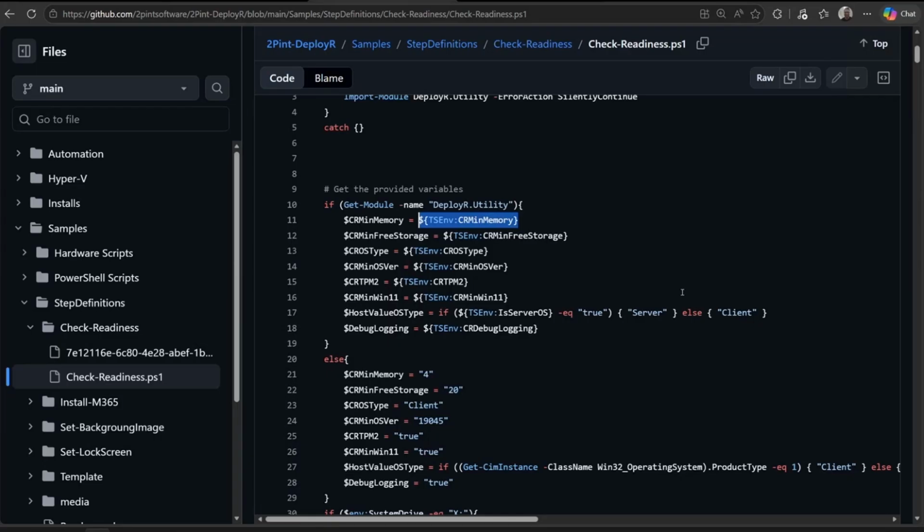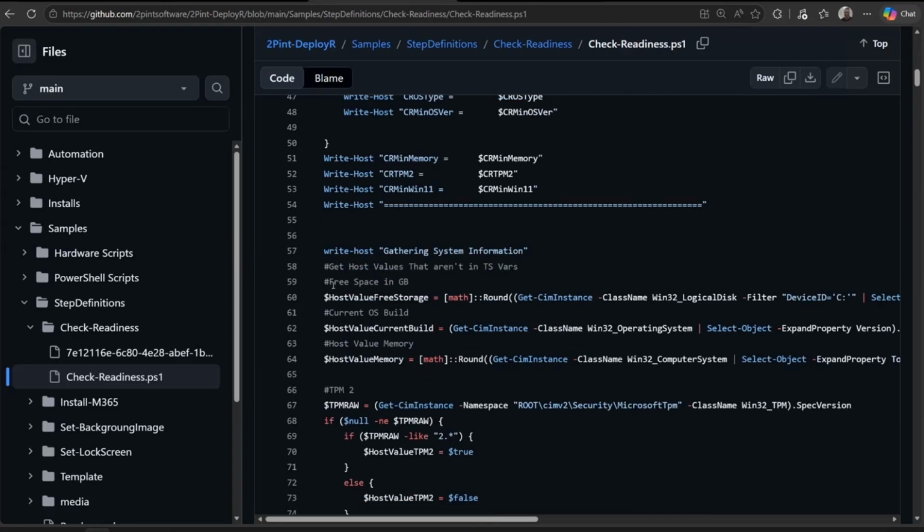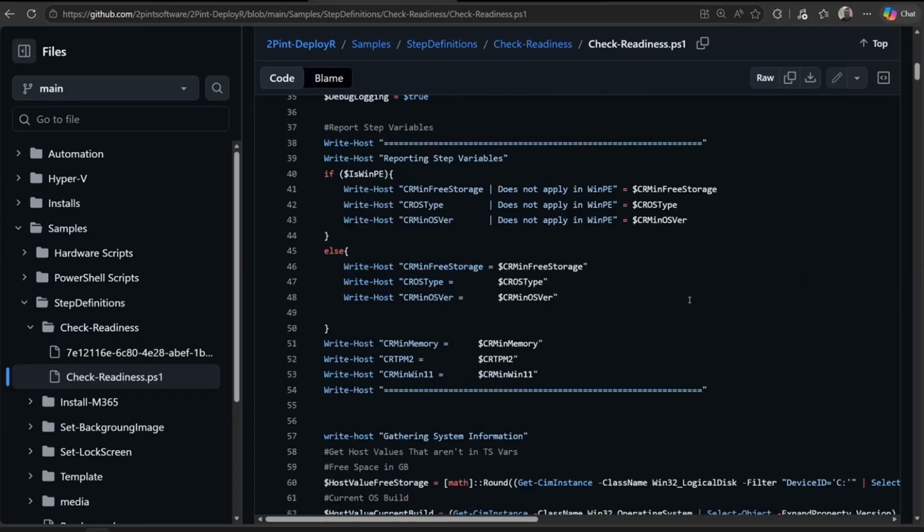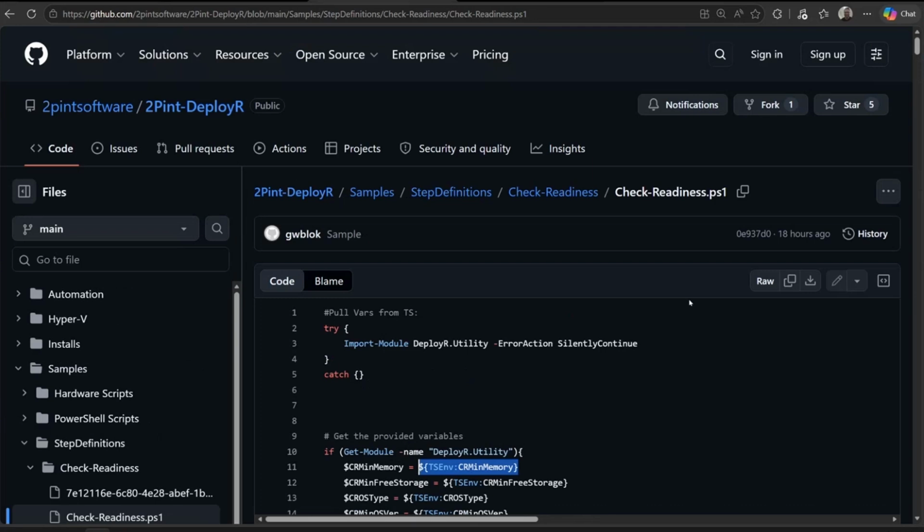It's going to grab your minimum memory. All right, so here we have where it's grabbing your memory, your host memory, and then it's going to do some math a little bit further down, and then go ahead and check it. So that's how you can pass variables back and forth between your step definition and your script. And then in the script, you can say, if it doesn't meet that, just do an exit 1,